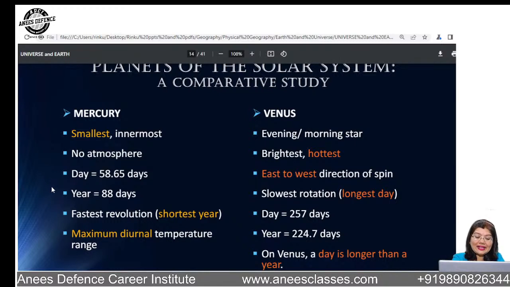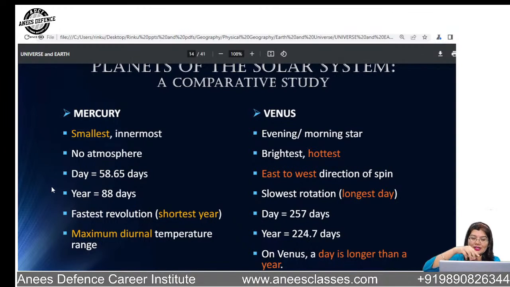And the time that Mercury takes to finish an entire rotation around itself, in Earth days, can be counted as 58.65 days. So it means that Mercury has a lesser speed than Earth and takes more time than the Earth to finish one entire rotation. A year Mercury takes to complete is 88 days. So when we say that it takes 88 days to complete a year, it means that